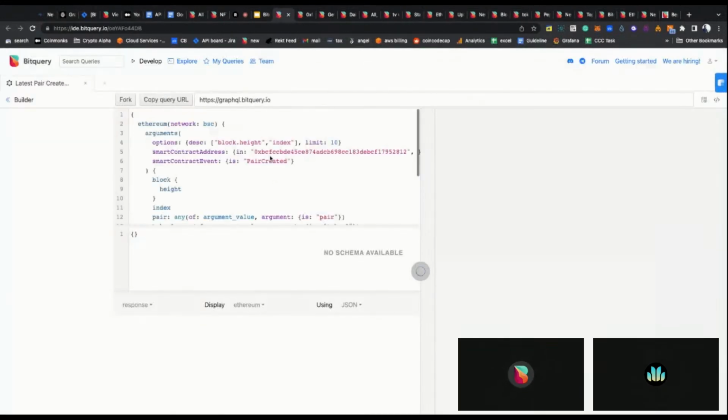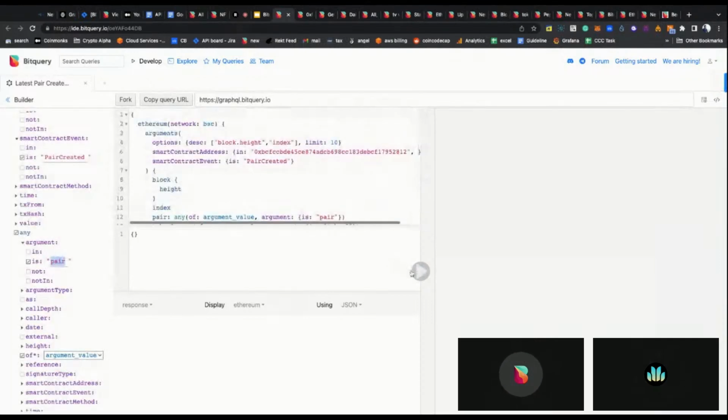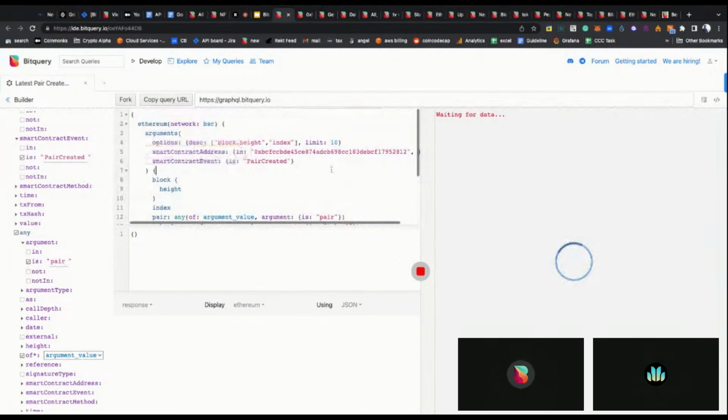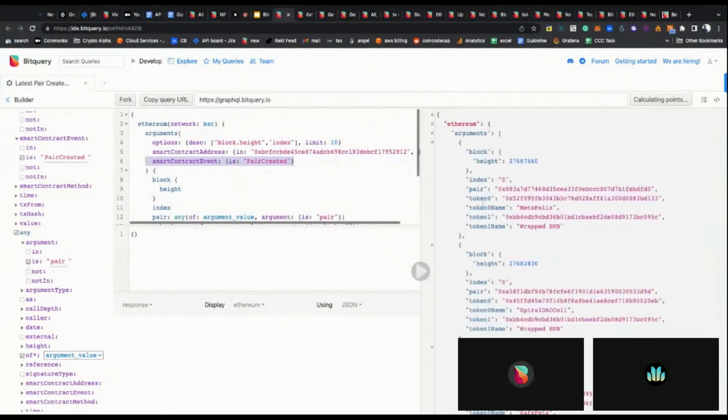For example, I'll show you. So this is if I want to know the latest pairs on Pancake. I added its factory address and added the event PairCreated. When any pair is getting created, it simply emits this event. And now I can simply use the arguments API, which is running on a smart contract event, to see the data I'm looking for. In a similar way, you can get any smart contract arguments, events, calls, and you can build your analytics around it if you already understand different parts of the protocol or smart contracts involved in it.